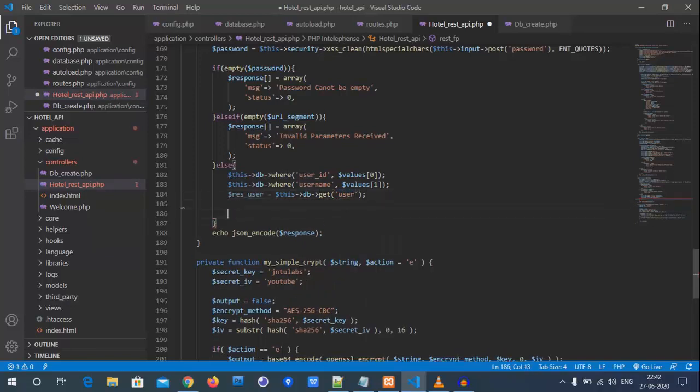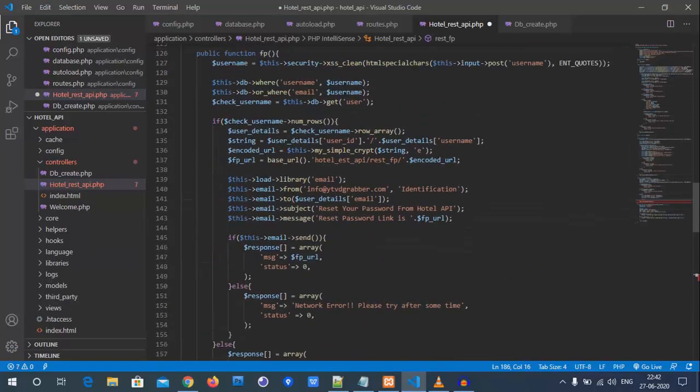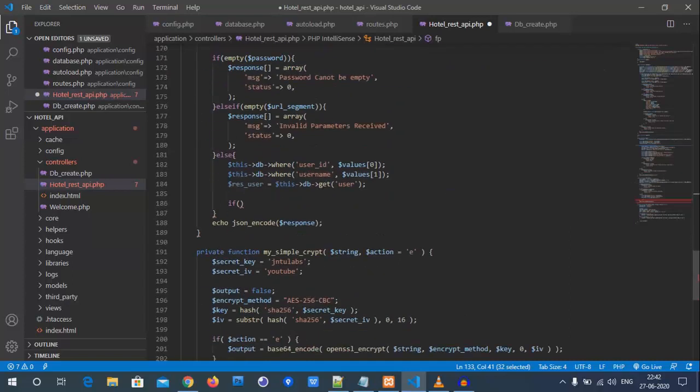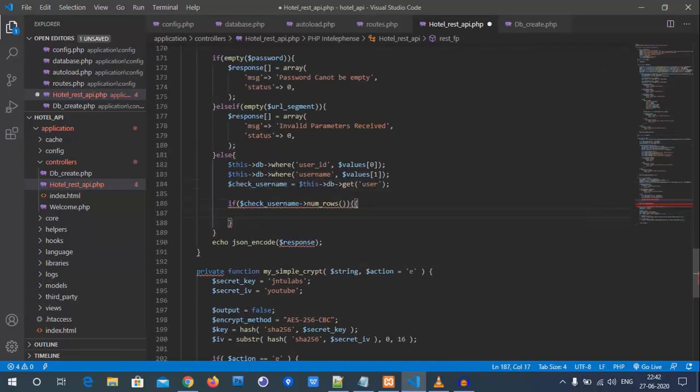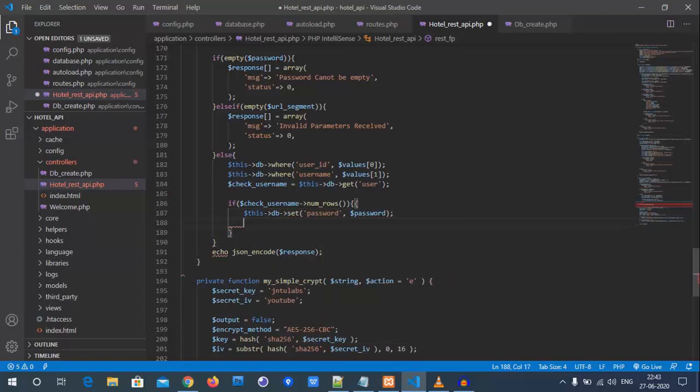If it is matched, then the result of that user is equal to this db get user. Again we are checking whether the same user is present or not. Check user. Okay, so here you go, username, perfectly we are getting it.